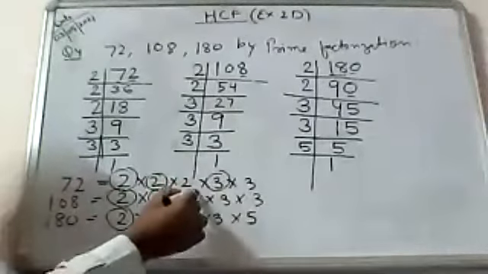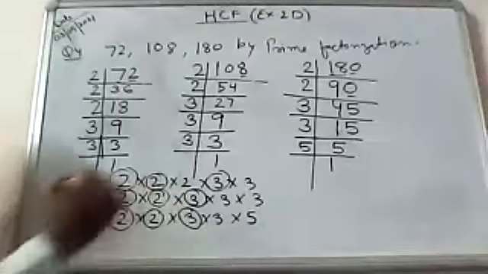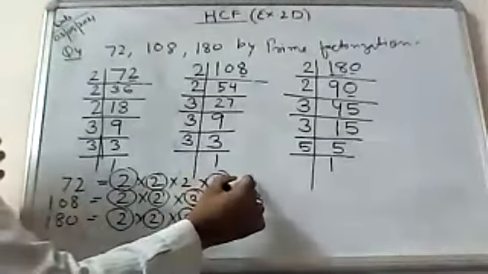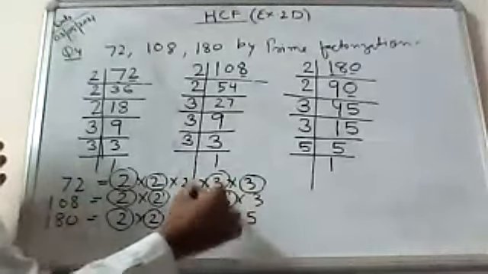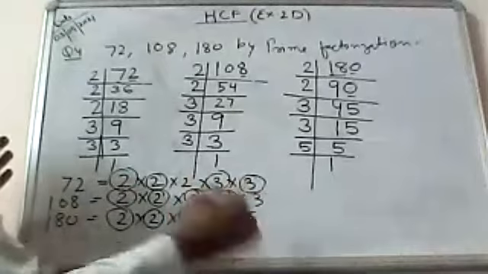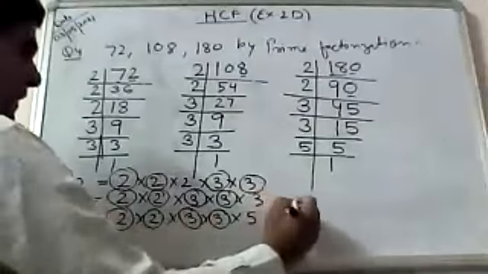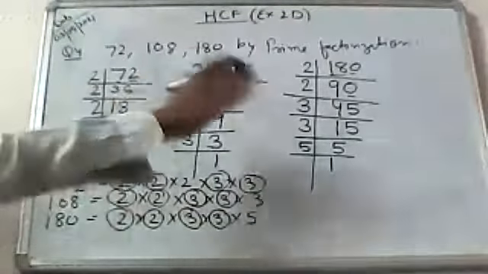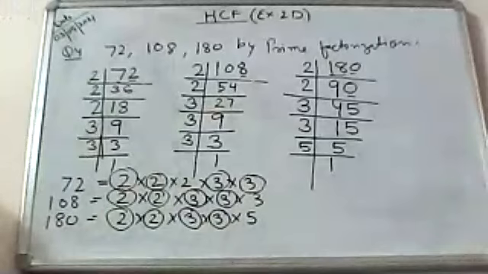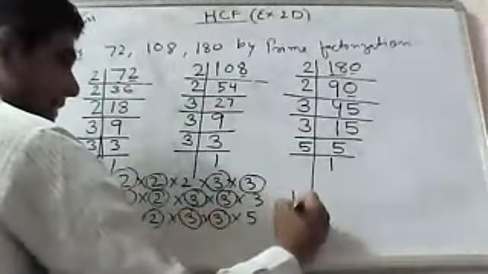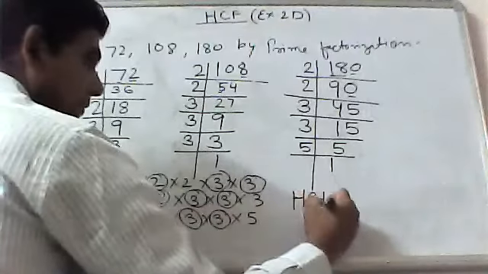Yes, 3 is here also, and here also. Again, is 3 here? Yes, 3 here, here and here, and here is 3, here 5. So we are not taking that as a common factor. So look at this, the common factors of these three numbers will be the HCF, like that. So we will write